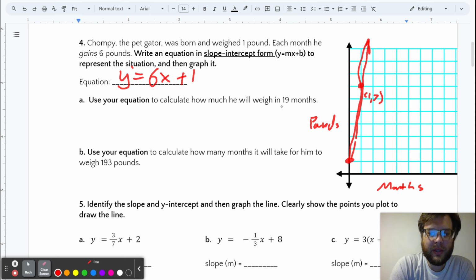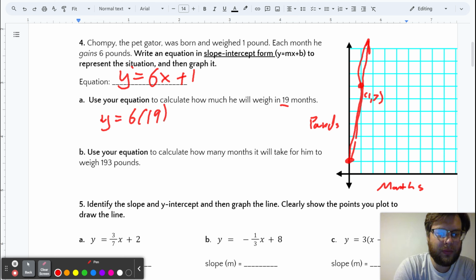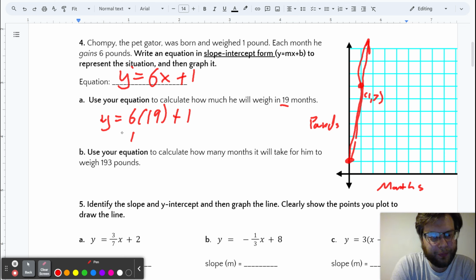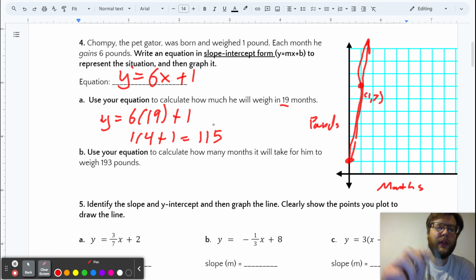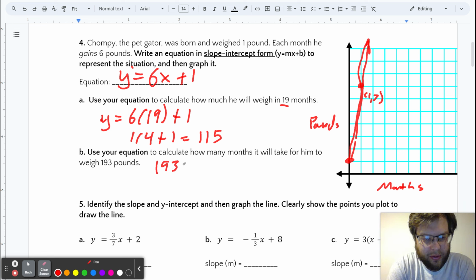Use your equation to calculate how much you'll weigh in 19 months. So you go y equals 6 times 19. I'm using x to represent months. 6 times 19 plus 1. Let's see, that'd be 114, if I'm not mistaken, plus 1, 115. It's also definitely possible that at some point through this video that I make mistakes as I'm working through this